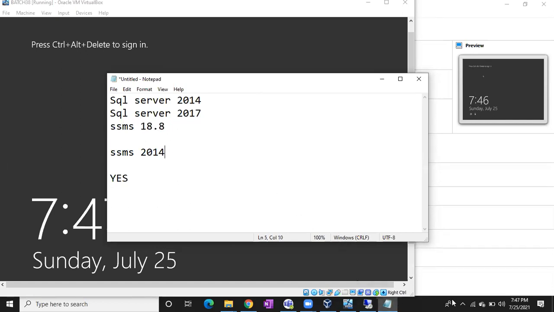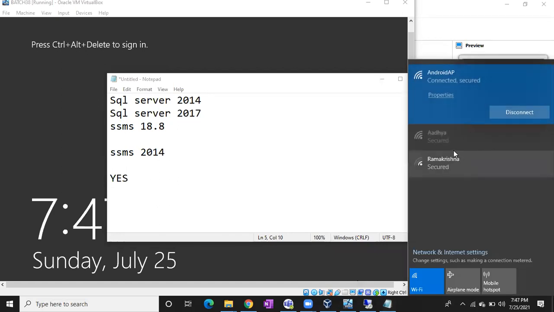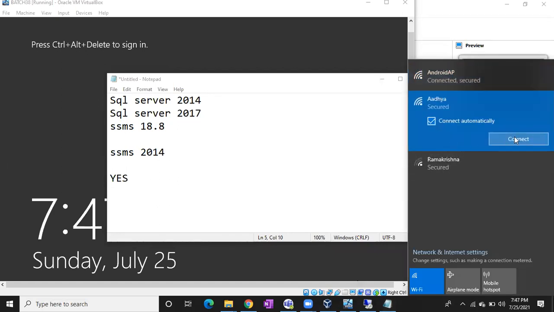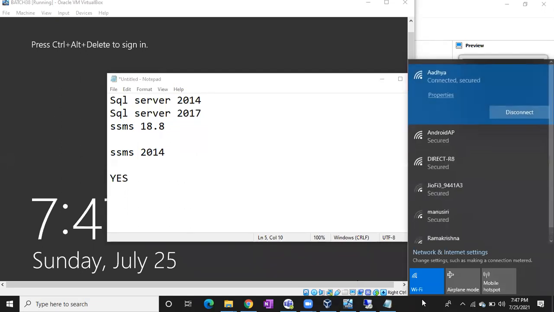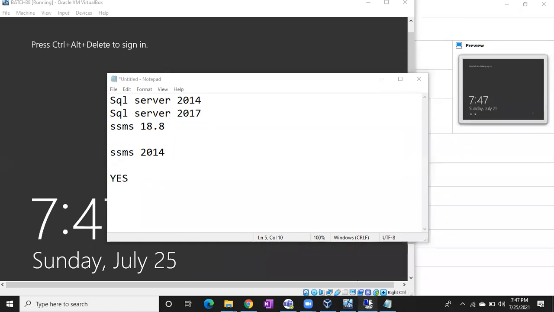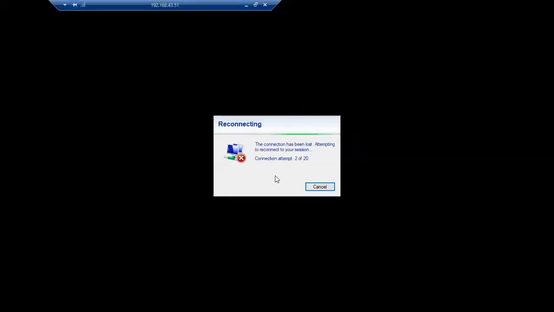So let me change my network. Okay, power is back. Let me change it to this Wi-Fi. Okay, meeting will be disconnected and again it will be connected automatically. Right, as I have changed the internet, see my RDP connection is disabled. Okay, disconnected.